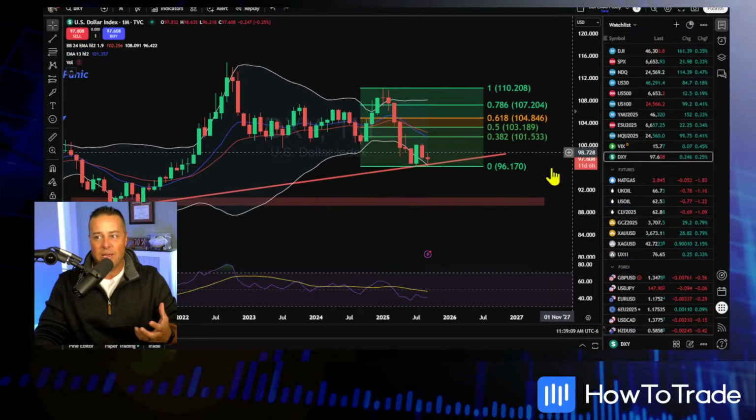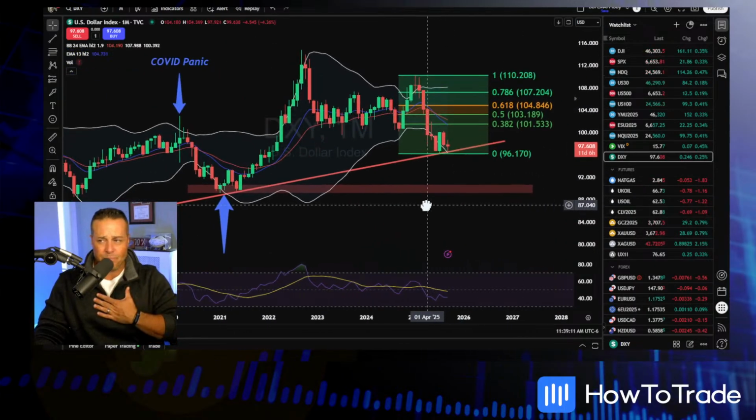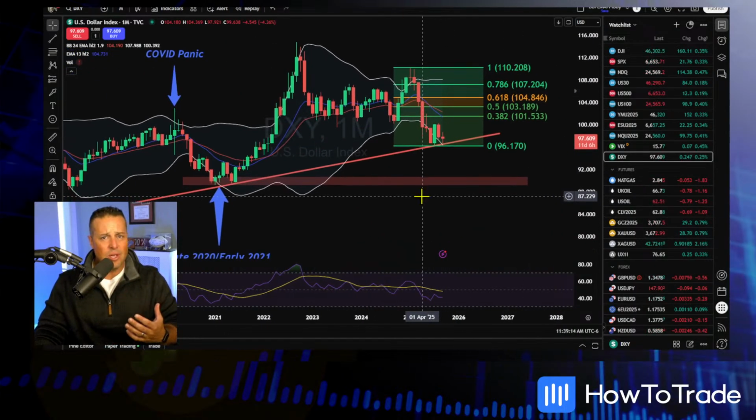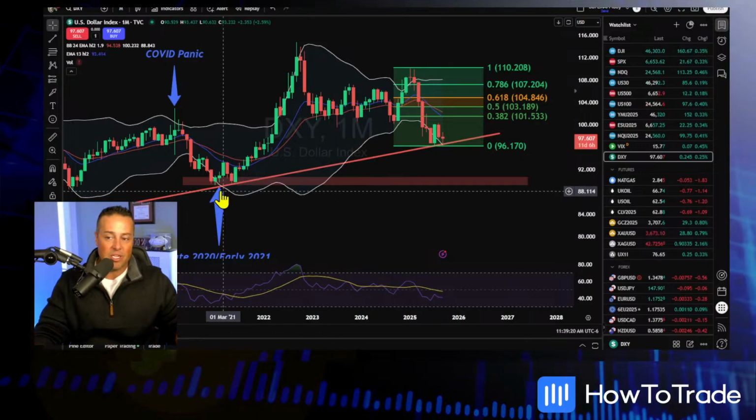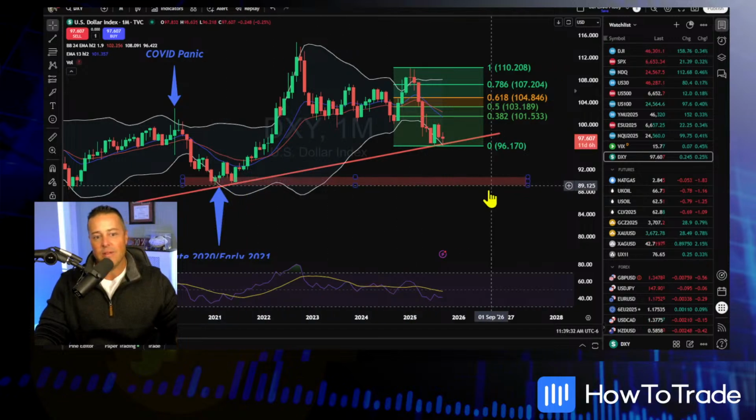I mean, you could see where the institutions and where money traders are going to be interested in snatching up dollars. I'm not a big smart money concept trader, and the order blocks to me are suspect, but the way this post-COVID low, this was essentially a reset of the financial world. This post-COVID low down here, you get some bids down there. So good stuff right there.